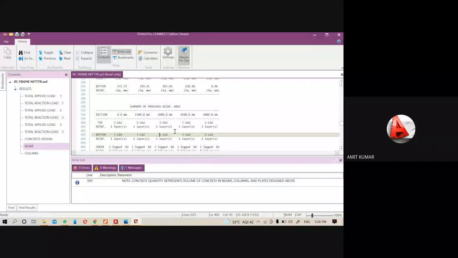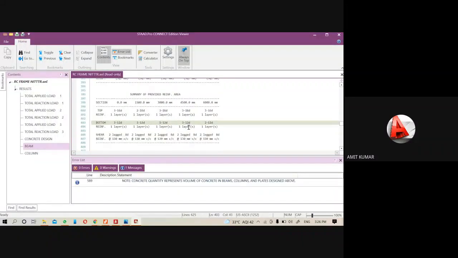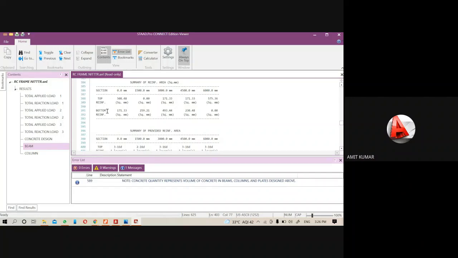It happens most of the time in the slab case, because there are bent-up bars and other things, so these bars can be changed in your slab design. This value is shown here according to this area. You can see at the distance of 3000 the area of the steel is 493.